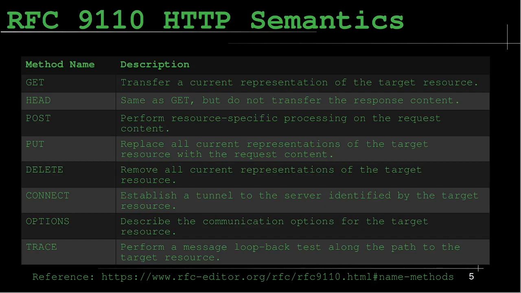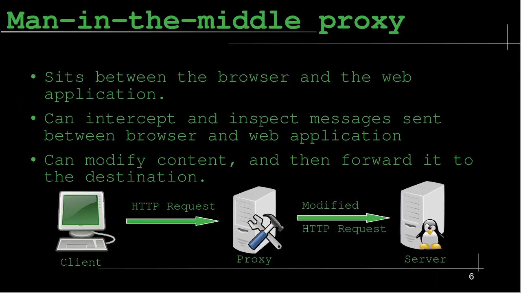Knowing how they work and how they differ from each other will help you understand how web servers communicate with clients and how you can manipulate them to your advantage. As I said earlier, the next step in trying to solve the challenge would be to try out some different HTTP verbs and see what happens. For this purpose, we can use a man-in-the-middle proxy.